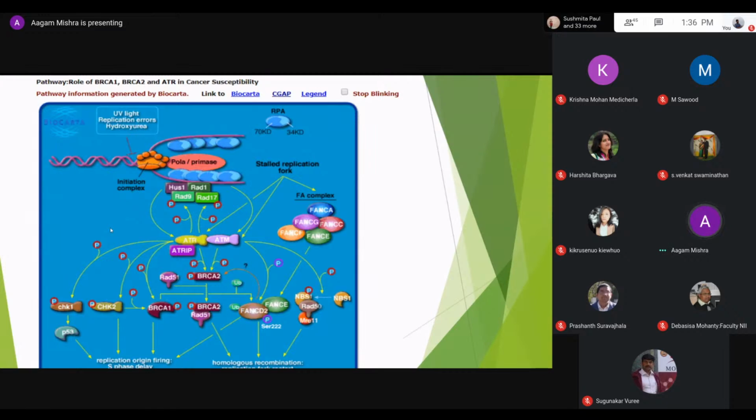BioCarta pathway. With the help of gene expression data, we predicted genes such as BRCA1, BRCA2, CHK1, and ATR, which play an important role in chemotherapies in non-small cell lung cancer patients, and they also act as target biomarkers in identification and control of disease. As a result, the BRCA1 gene acts as a promising genomic marker and can be used for customized chemotherapy in non-small